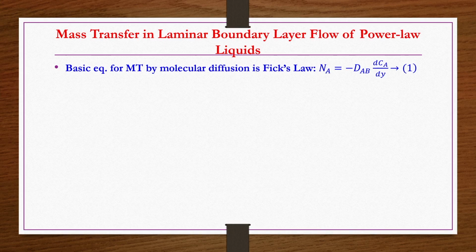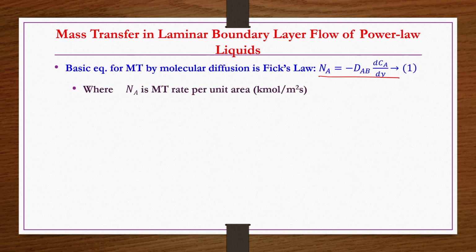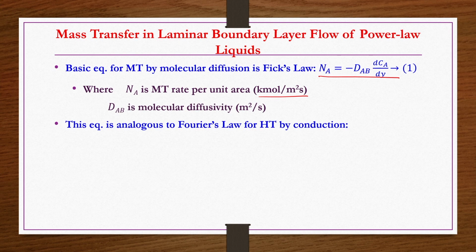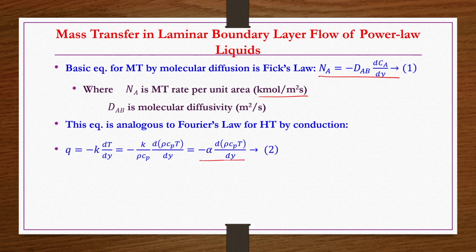The basic equation for molecular diffusion by Fick's law is nothing but Na is equals to minus DAB dCA by dy. I am writing Na, some books write GA and all that, do not worry, that is a notation. So, Na is the mass transfer rate per unit area, that is mass flux. If you are writing in moles, then it is molar flux, kilomole per meter square second. DAB is molecular diffusivity, which is in meter square per second, and this is analogous to Fourier's law of heat conduction. That we already know, Q is equals to minus alpha d by dy of rho Cp T,